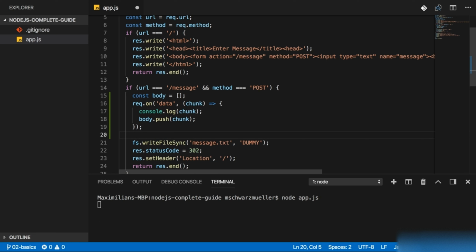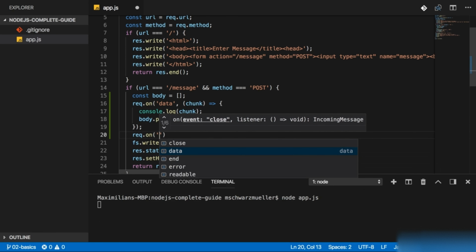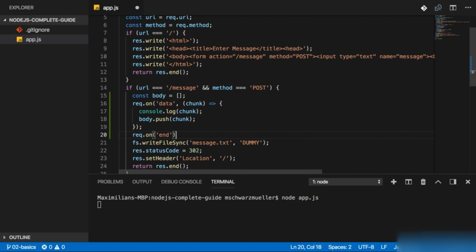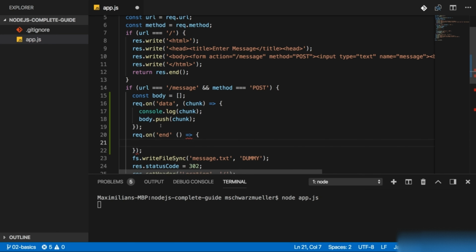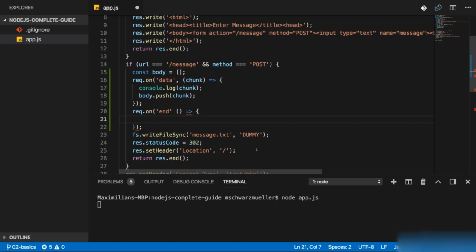Now we need to register another event listener. That is the end listener. This will be fired once it's done parsing the incoming request data, or the incoming request in general. Here it will again execute a function we define as a second argument. And in this function, we can now rely on all the chunks being read in. And they're all stored in the body now. Now, to interact with this, and don't forget the comma after end,